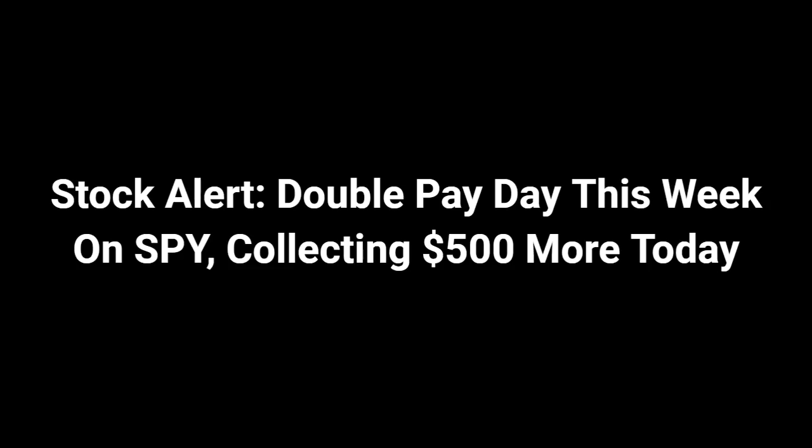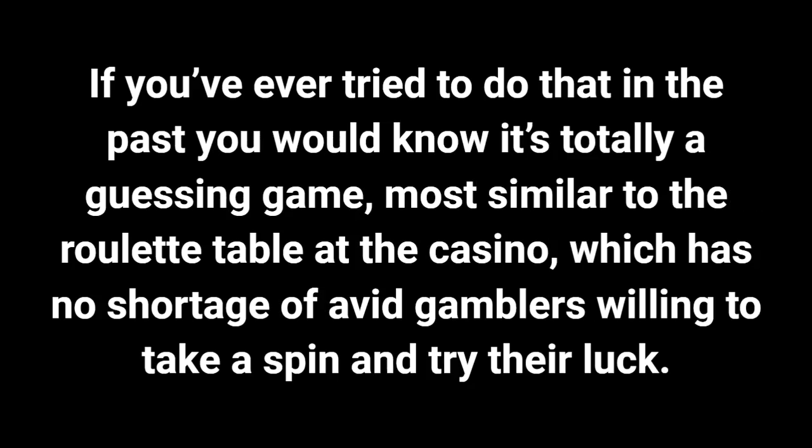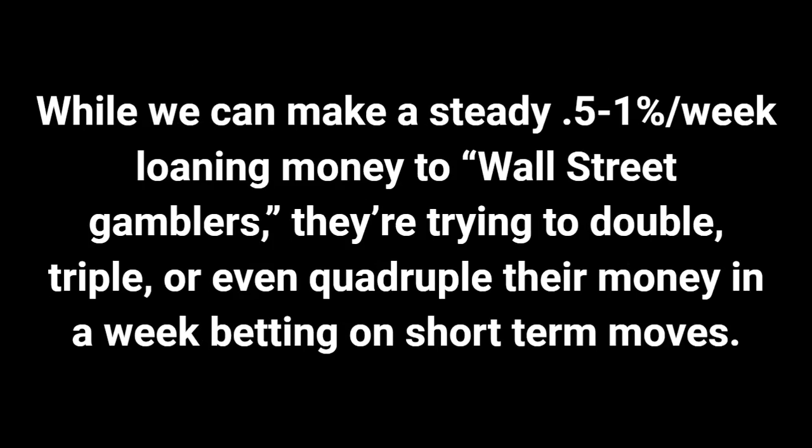Double payday this week on the SPY ETF, collecting $500 more today. Our stock income strategy is in the business of being a loan shark to retail investors wanting to bet on the short-term movement of equities. If you've ever tried to do that in the past, you would know it's totally a guessing game, most similar to the roulette table at the casino, which has no shortage of avid gamblers willing to take a spin and try their luck. While we can make a steady 0.5% to 1% a week loaning money to Wall Street gamblers,